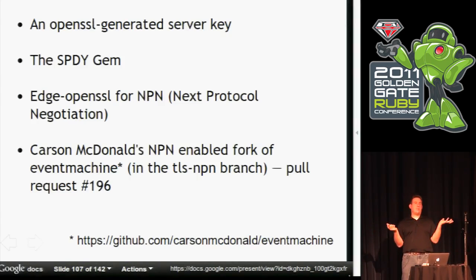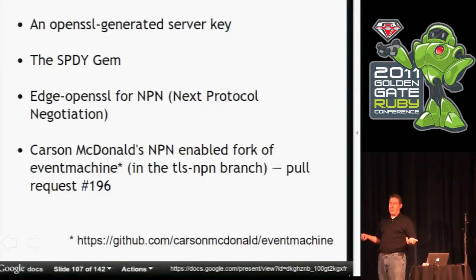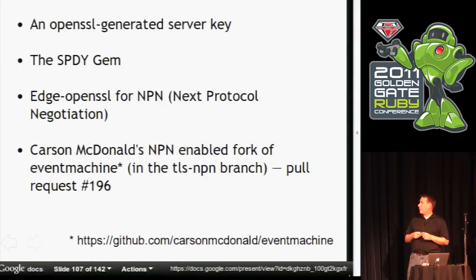It advertises, hey, I can speak Speedy or I can speak HTTP. If it's Internet Explorer, it doesn't know anything about NPN, so it just keeps going ahead and making HTTP connections. And the server is able to adjust to that. But if the web browser is Chrome, it says, hey, I can talk Speedy, you can talk Speedy, let's have a Speedy conversation. So the other thing that we need is Carson McDonald's NPN enabled, next protocol negotiation,